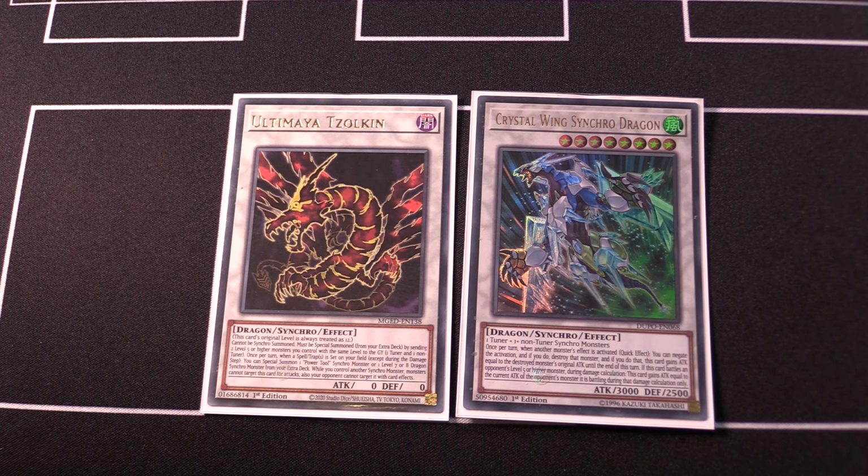If we weren't so badly hit off of the ban list, honestly I might even consider just pulling it all together, but we still have some wiggle room with this extra deck. But the reason why I'm even more adamant now than ever before on taking the Ultimaya Tzolkin package out